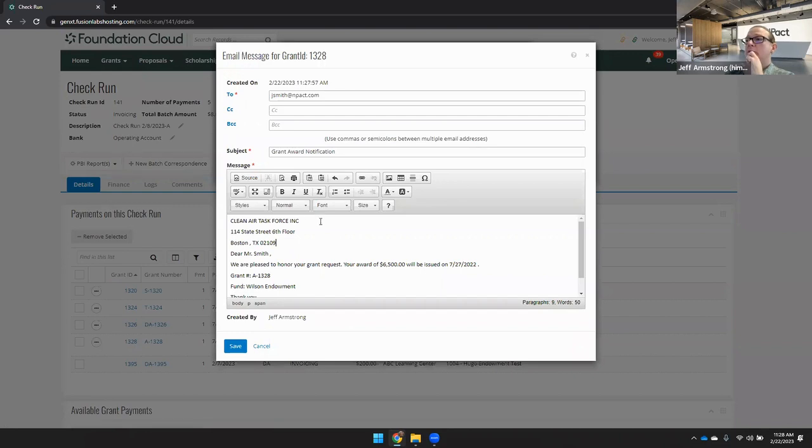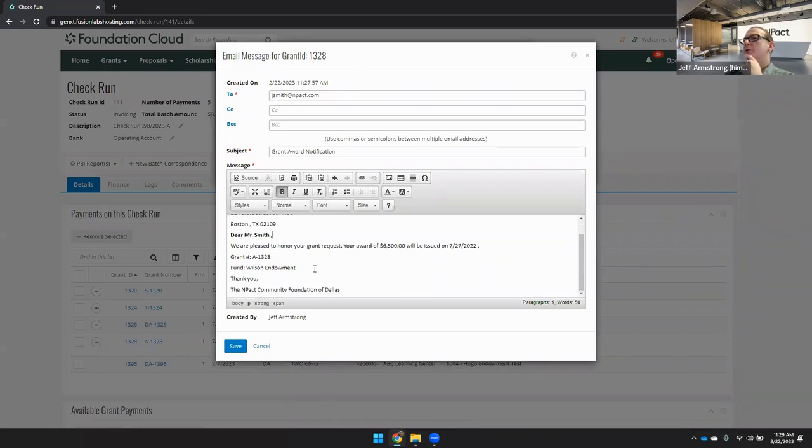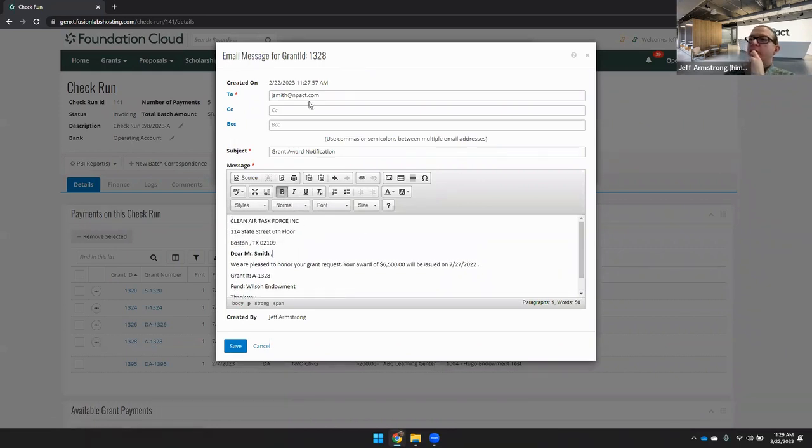This is an HTML editor, it's WYSIWYG, so I could change the font. I could make stuff bold if I wanted to, etc. I could change the verbiage. And then if I wanted to send to more than just J Smith, or if this was the wrong email address,